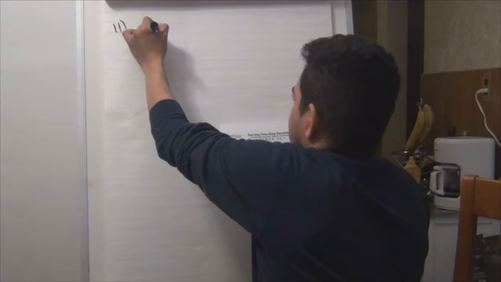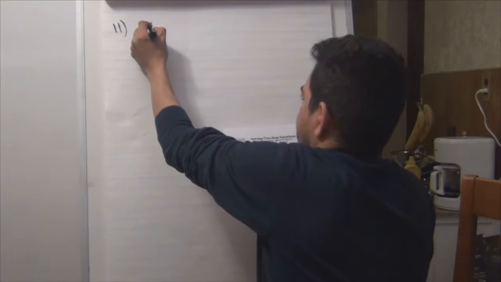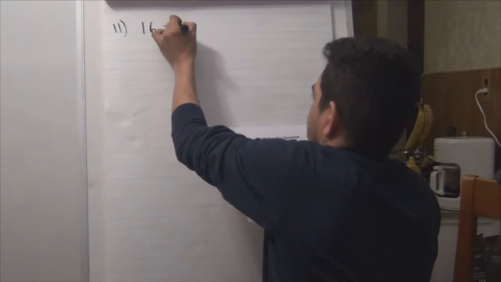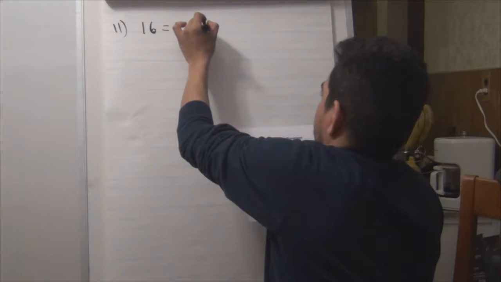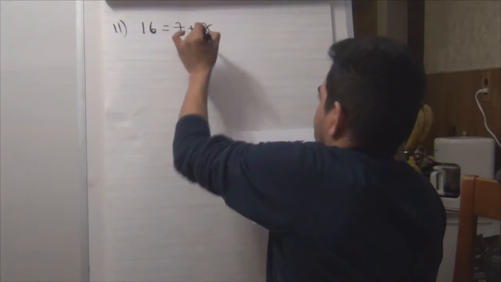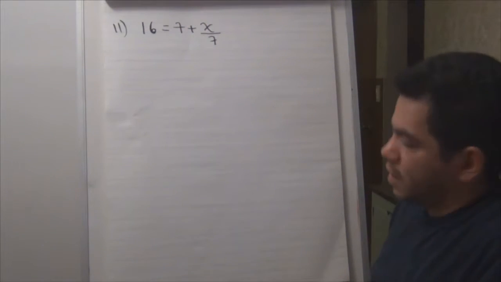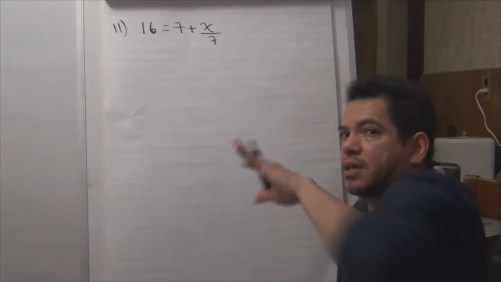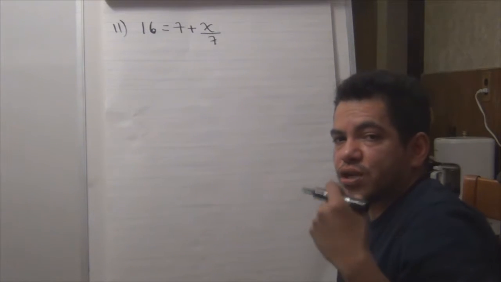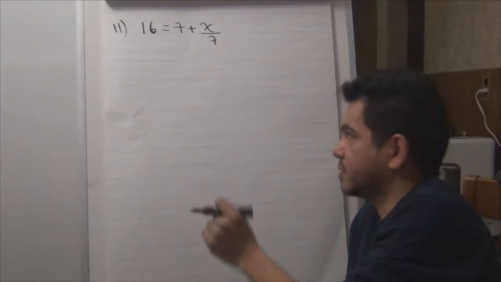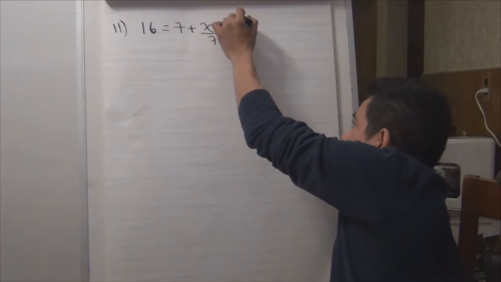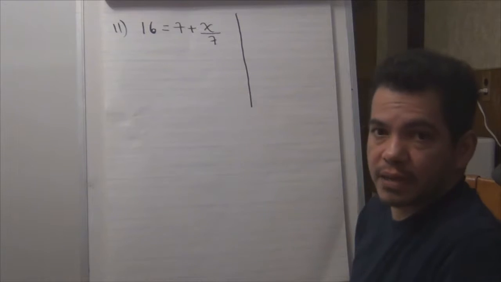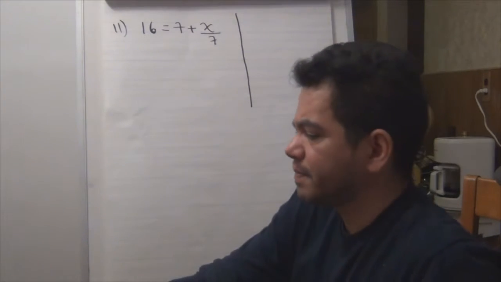So 16, wow, ugly 6. 16 equals 7 plus x over 7. So you gotta copy this, okay? All right. So how am I gonna tackle this? Now is the time where we're going to start showing proof of how to do this. First, I'm gonna draw a line right here. I don't know how much space I'm gonna use. So